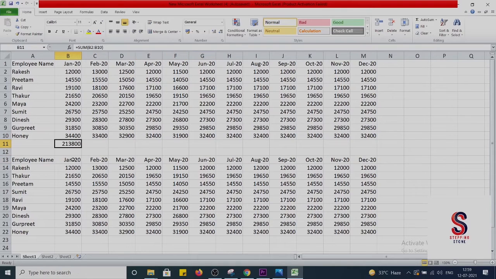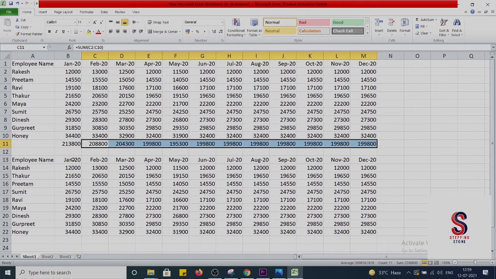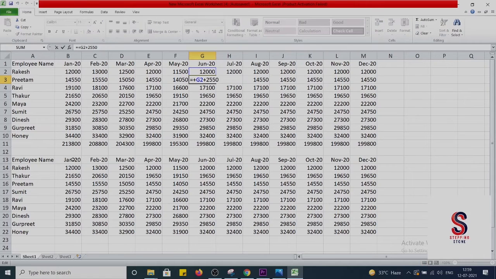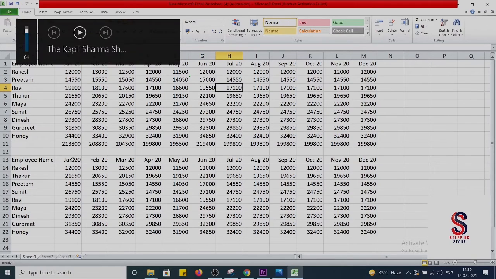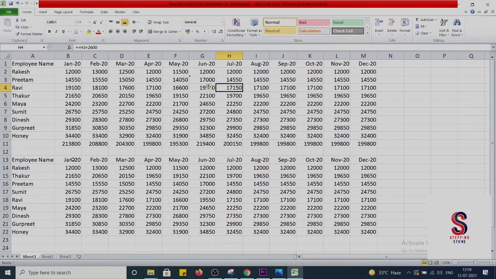To make it clearer, I can also change the values. This is the total given below, and I will select the whole table. The total of this is approximately the same. Okay, we can change it here.